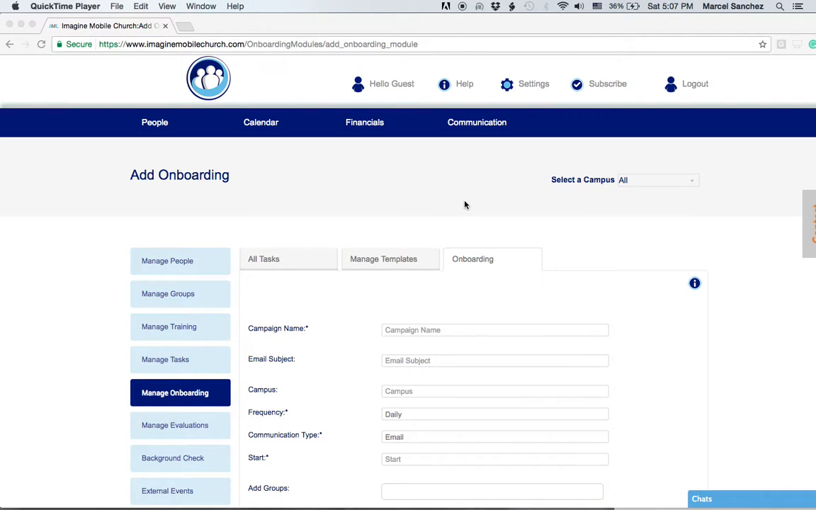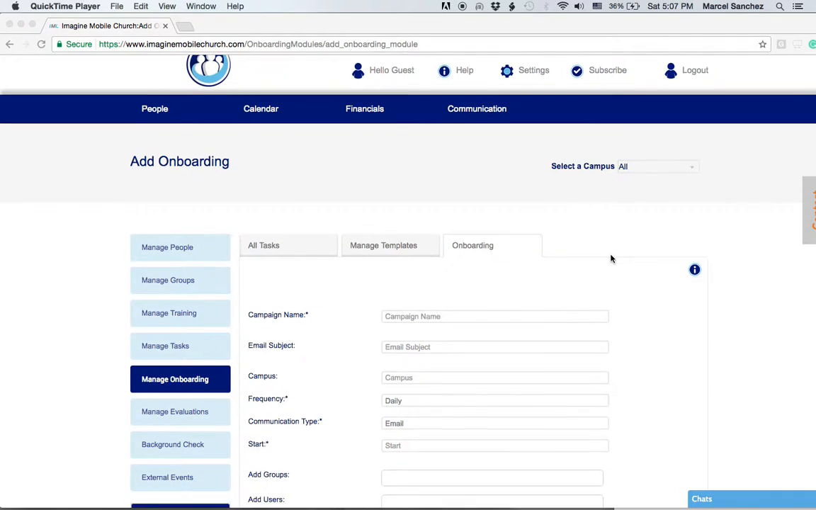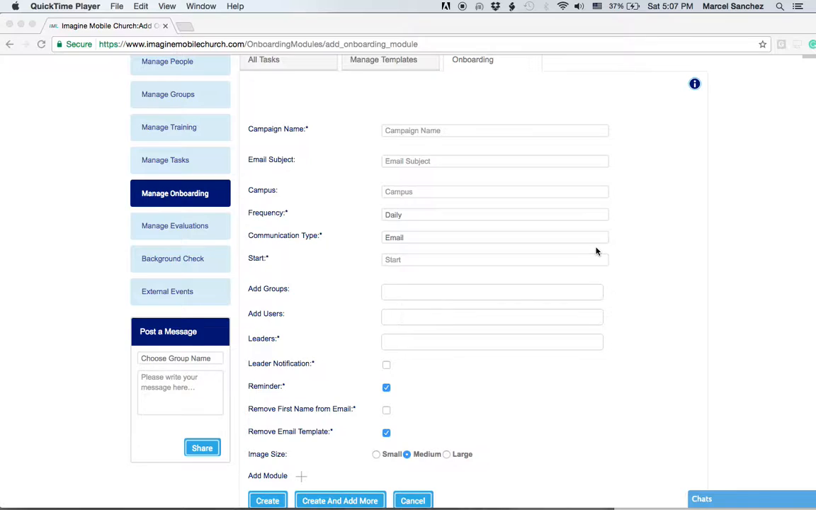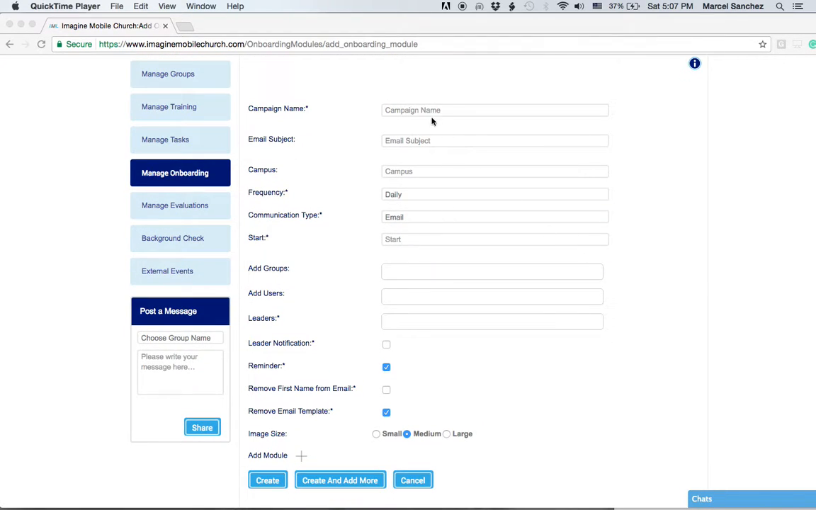Welcome to the Start Campaign page. A campaign is something we simply call a module for your onboarding purposes. So let's take a look at how we can create a campaign, and I think you're going to find this very, very helpful. So let's call this campaign